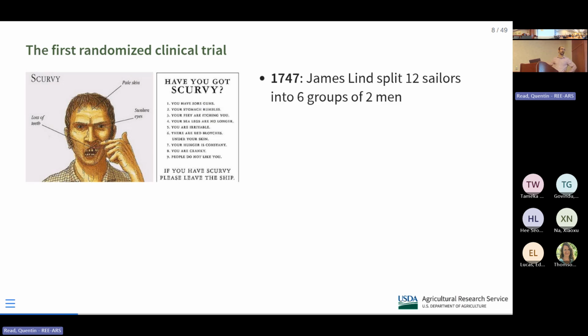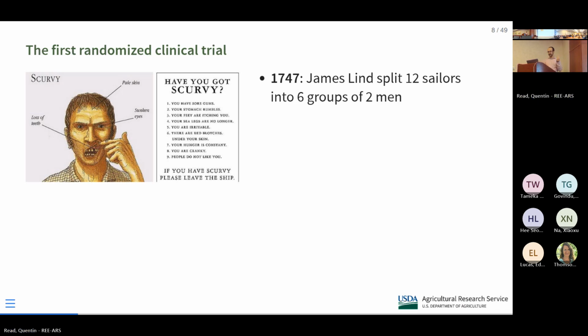The British Navy had a lot of issues with scurvy. If men were on a boat for too long, their teeth started to fall out, and they got very sick and weak. That was an issue, so they wanted to figure out a cause for this disease and then figure out how to alleviate it. There were all these different competing ideas about how you could treat scurvy.